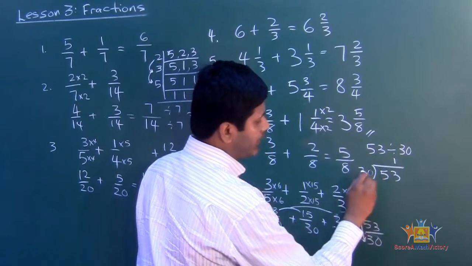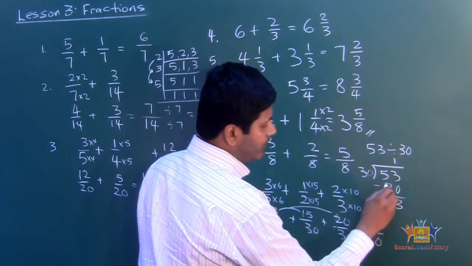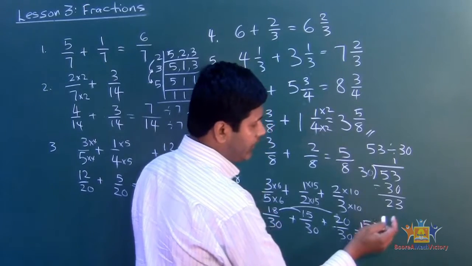30. 1 times 30 is 30. I'm going to subtract. 3 minus 0 is 3. 5 minus 3 is 2. So 23. Okay. So that means